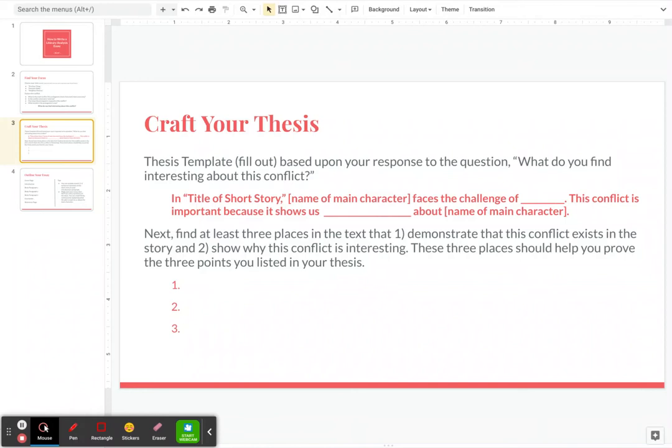All right, so once you've had your thesis, then you need to look through the text and find at least 3 places that demonstrate that this conflict that you've pointed out in the thesis exists in the story, and 2, show why this conflict is interesting. Okay, so use these places in the text to help you prove that the conflict exists and that this is an interesting conflict that we should care about? All right, you should list out the 3 points, and this will kind of form the basis for your outline